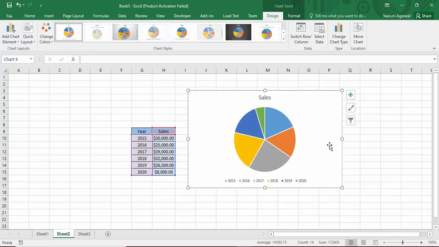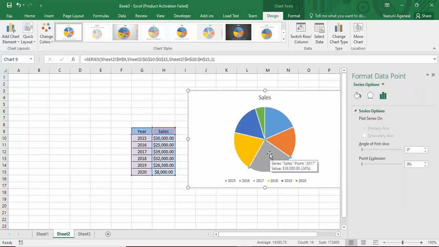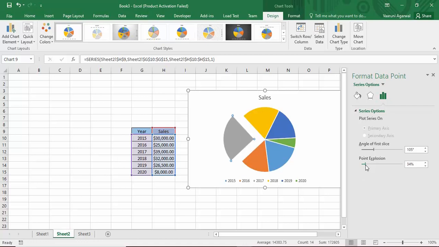So how you can do that during the presentation is you have to select this gray area, just double click over it, and then you will get this Format Data Point option. Using this Format Data Point, if you want to focus on it, you can just change its angle simply like this. Now I have brought it to the left side, and you can just explode it slightly. You can just increase the explosion like this, so it would be away from the rest of the data to show how much this data is over here.